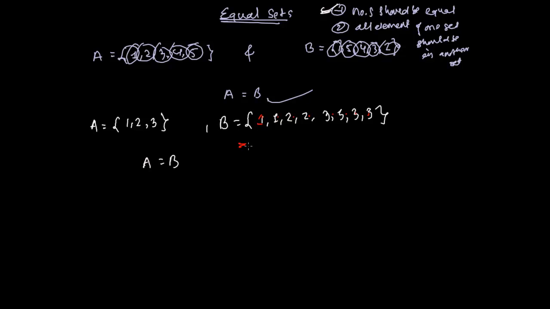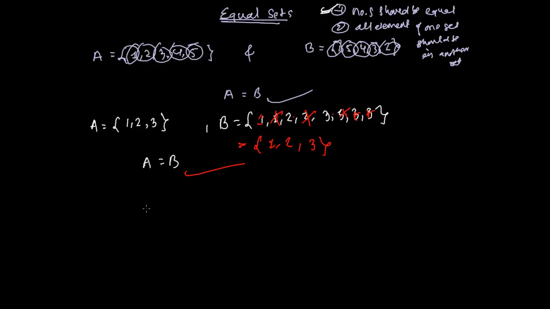Yes, and I told you that in the rules of representing a set there is no duplication. You cannot repeat. There is no repetition of the elements. So here 1 is repeating 2 times. I will cancel this while I represent the set properly, so it is 1 time. 2 I am already writing here, so I will cancel this one. Then 3, 1 time I will write. And these all are repetition, so there is no repetition allowed in a set. That's why now A and B are equal sets.